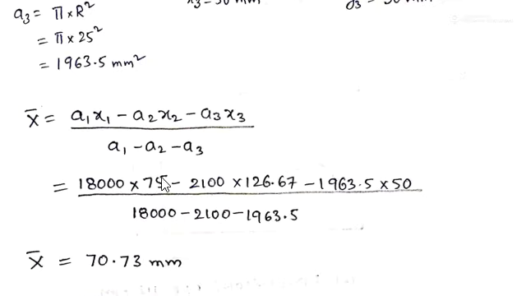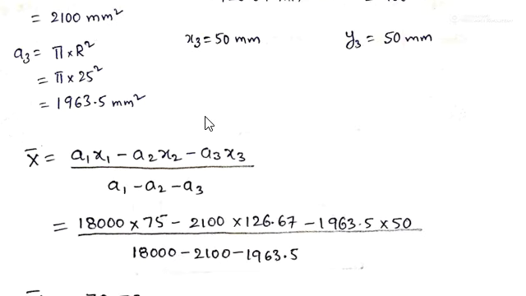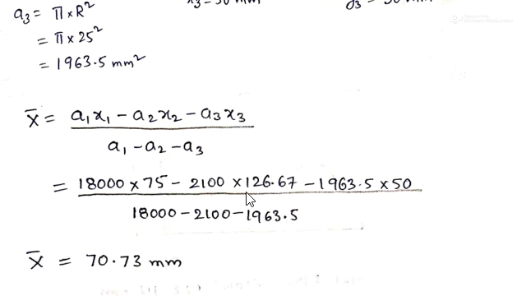For that purpose we take minus A2 x2 minus A3 x3 by A1 minus A2 minus A3. When we simplify all these values, we are getting the x bar value as